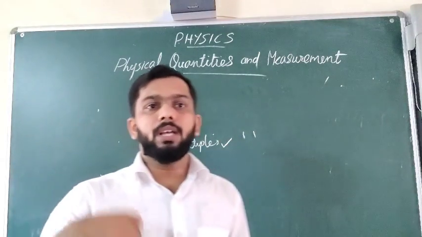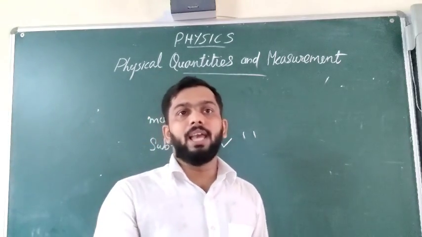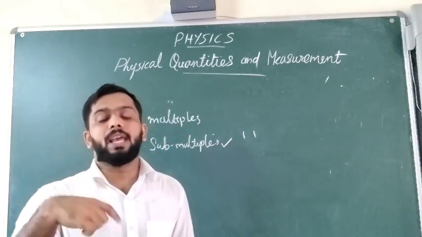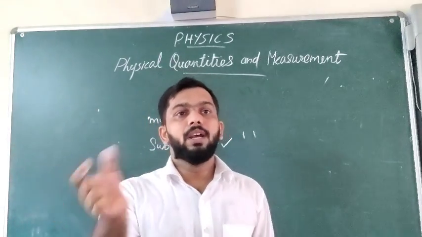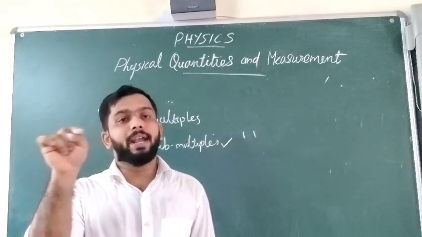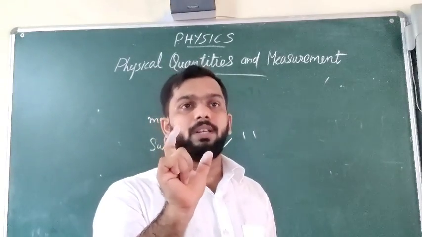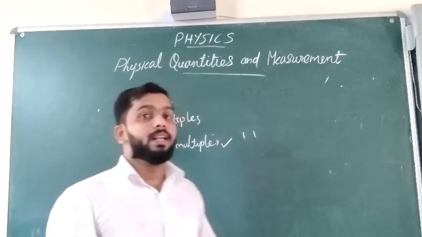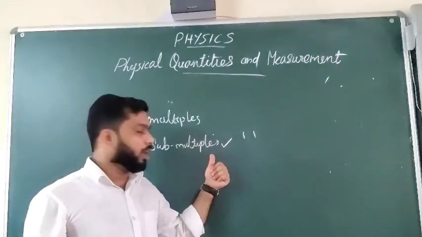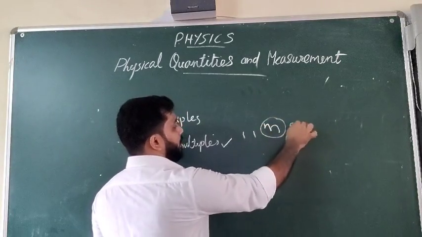Instead of meter we will use centimeter or millimeter, which is familiar to you. In your instrument box you can have a 15 centimeter scale, and each 1 centimeter is divided again into 10, and each small division is equal to 1 millimeter. So millimeter and centimeter are the submultiples, smaller quantities of meter. Meter is the SI unit.